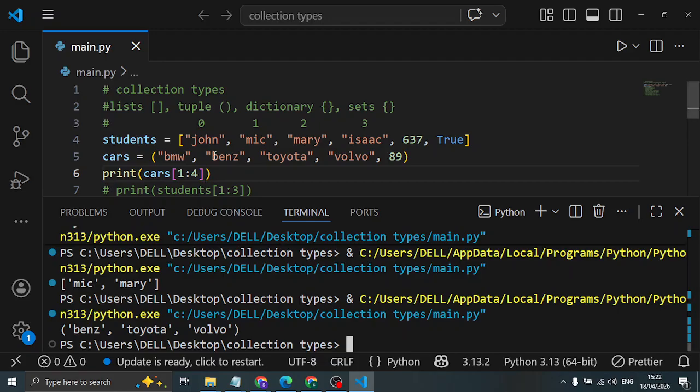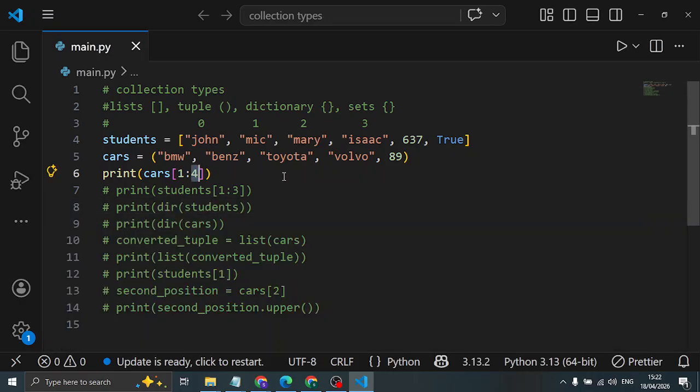So Benz was on index position 1, so it started from Benz, then it stopped just before it gets to position 4. Remember, this is 0, 1, 2, 3, 4. So it will always stop just before the upper limit of what you passed, which is why it stopped at Volvo. So what this means is indexing and slicing work for both